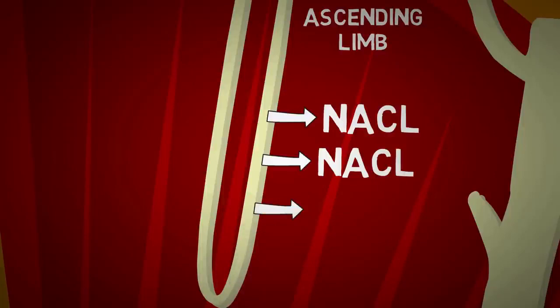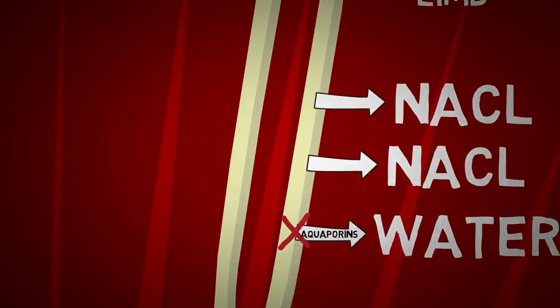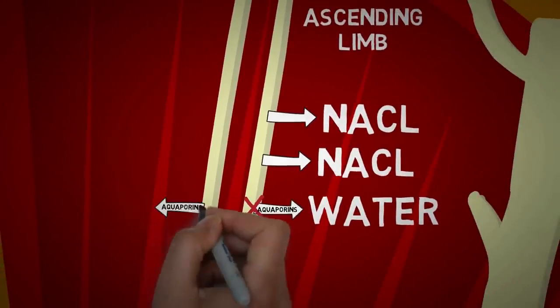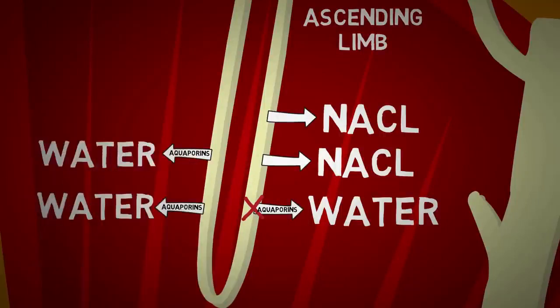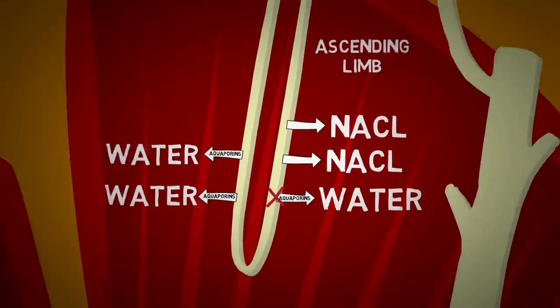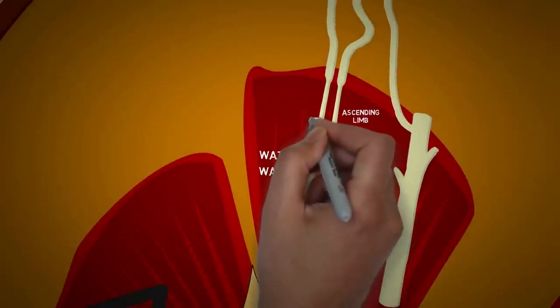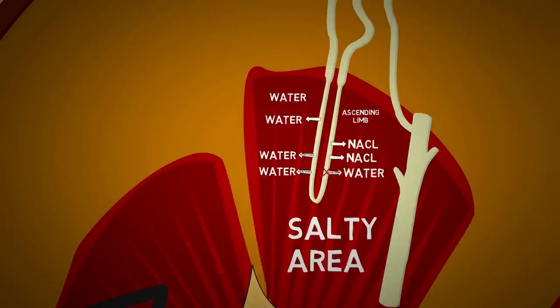The ascending limb, however, does not allow water to move out, as it has no channels in its wall that allow the water to move out. These types of channels that allow water to move out are known as aquaporins. And these types of channels are actually present in the descending limb of the loop of Henle, which makes it freely permeable to water. So now this is all salty, and the water will move out of the descending limb into the renal medulla and then eventually into the blood vessels